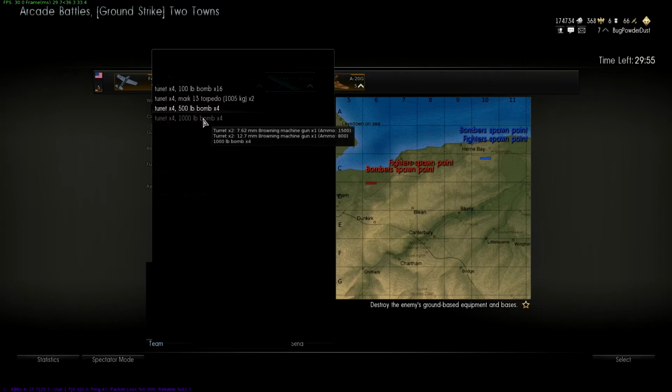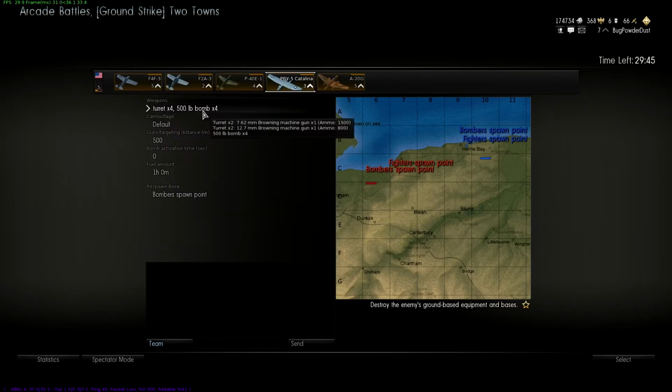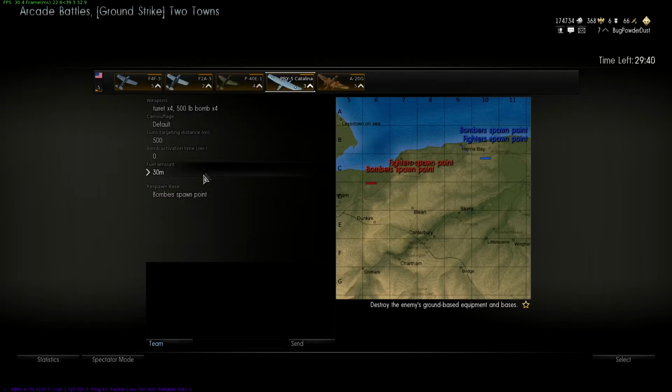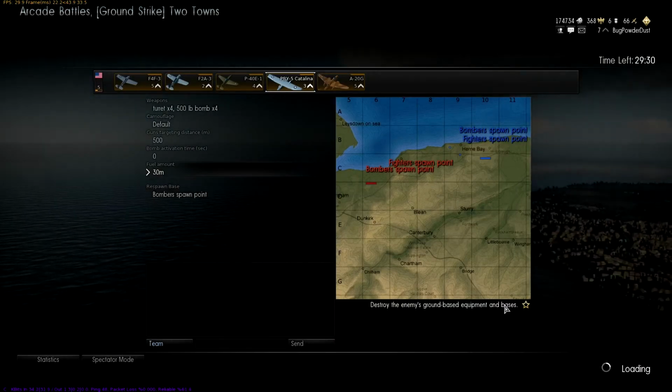Can't use the 1,000 pound bombs yet since this new patch came out, as I need to unlock a pylon, so I just take two 500 pound bombs, which are enough to kill destroyers. Fuel amount, that's set to 30 minutes. Obviously the more fuel you take, the longer you'll stay aloft if you get a fuel leak, but it makes you a bit more heavy and wallows you around a bit more. So let's go with this trusty Catalina,